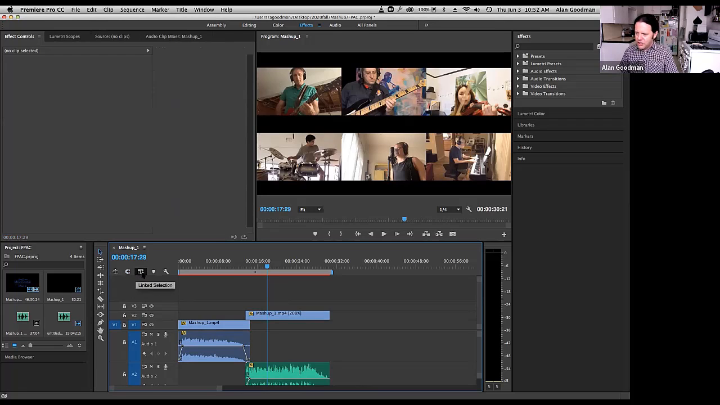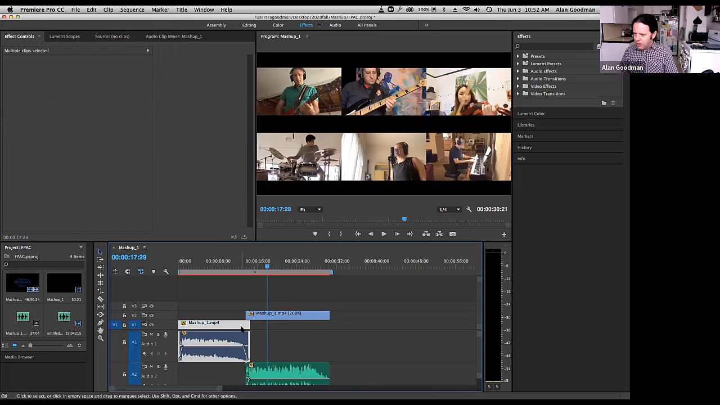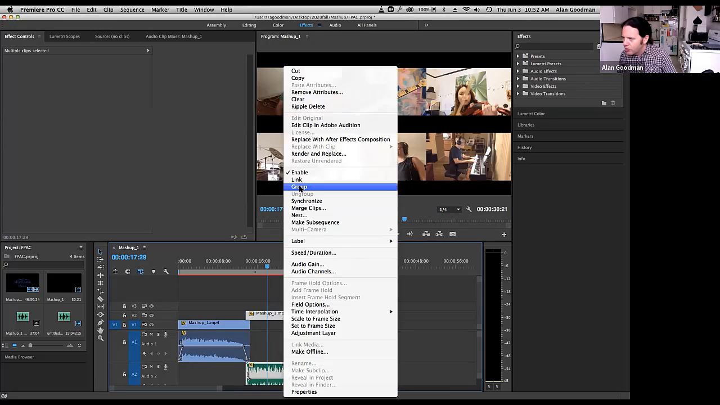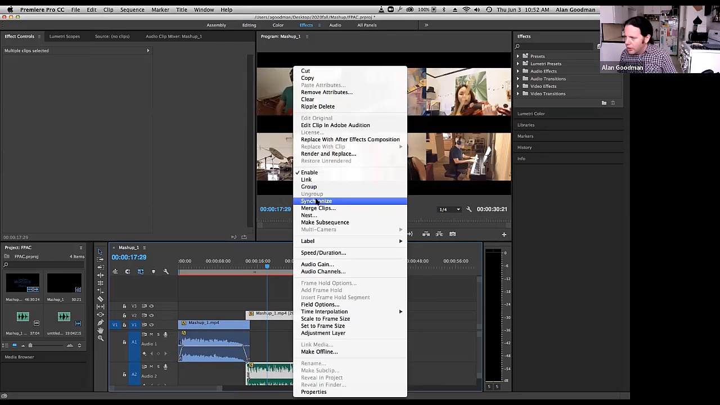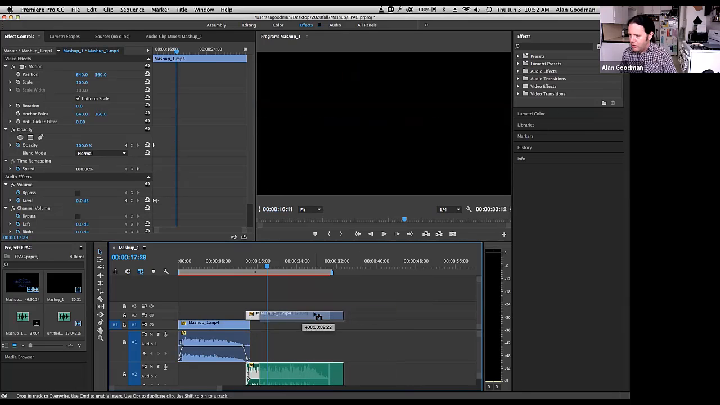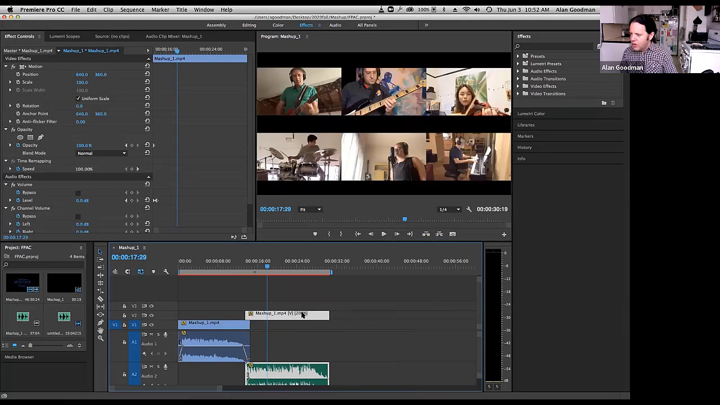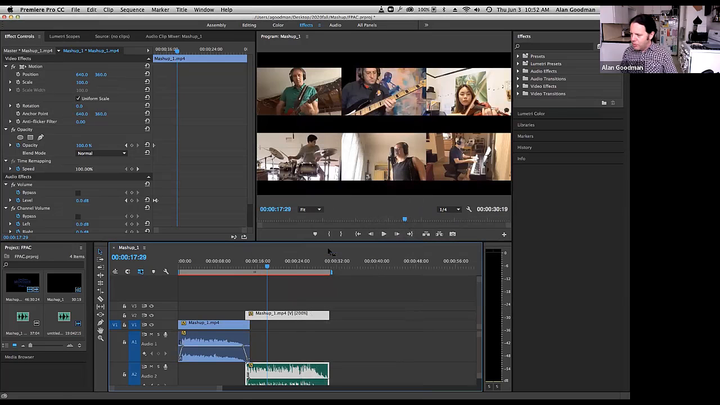This linked selection means that when I select the audio, it'll select the video. So these are not groups. So, ungroup. I am going to link these two. Now if I select this and I move it, the audio is going to move with the video. Now when I go to my speed and I tell it I want 100%,